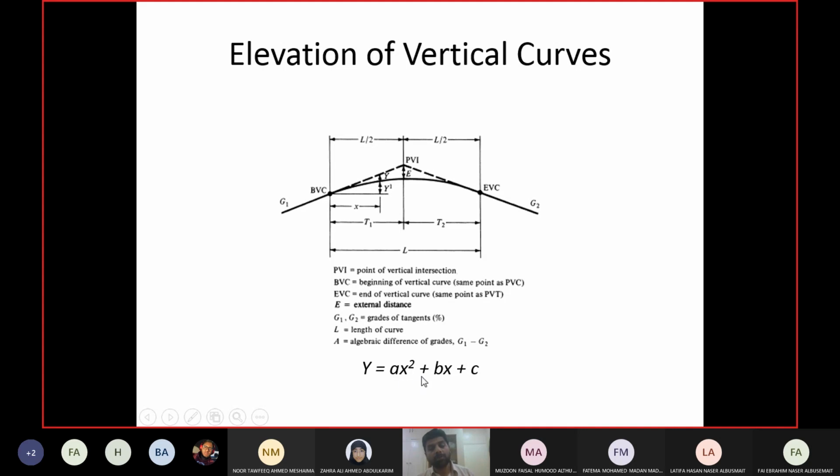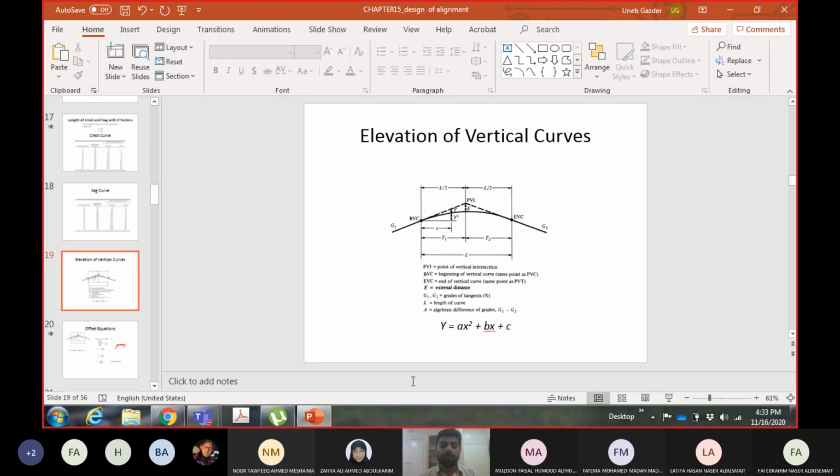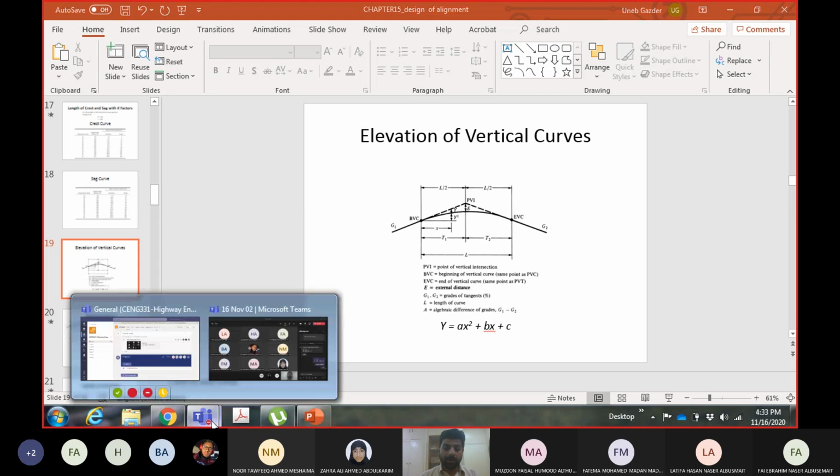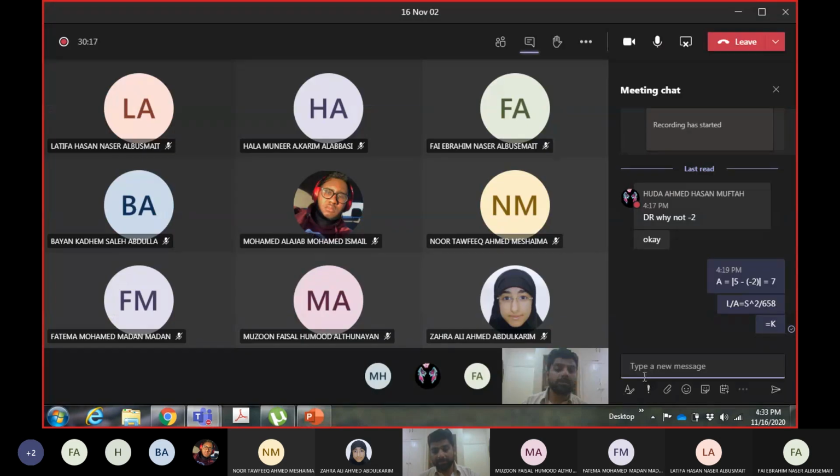The equation for the slope of any curve will be the derivative of the equation of the curve. So in order to find the slope of the curve, I have to take the derivative of this equation. What will be the derivative of this equation? I will do it here. So dy by dx, right? I'm trying to find dy by dx, the derivative, and dy by dx is the slope.